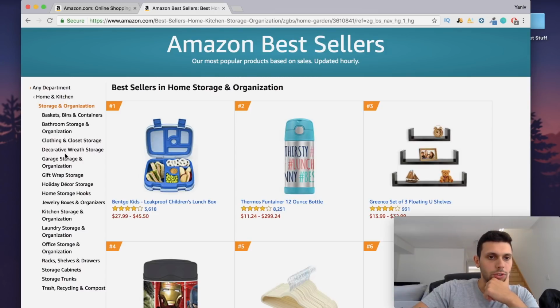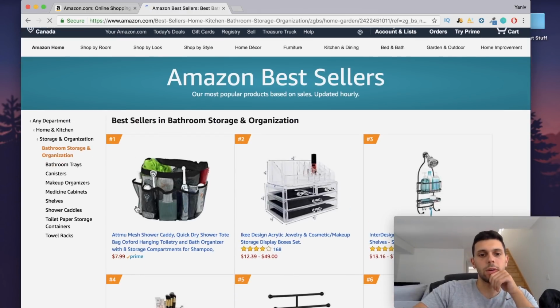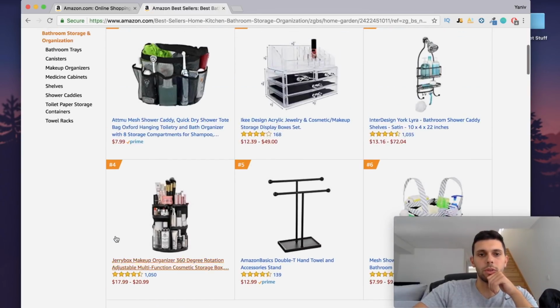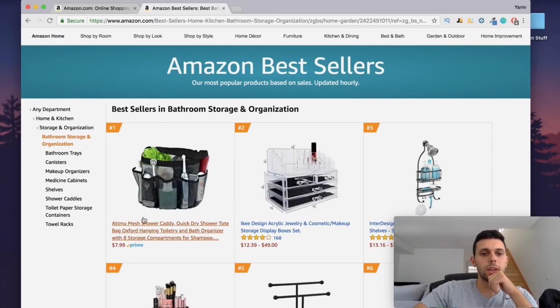Okay, let's not think too much and just go in, because sometimes it's not luck what you run into, but there's a little bit of luck when you are running into it. So this right here is right now the best seller in bathroom storage and organization, and it doesn't even have a single review. Now, when you see stuff like that, be careful, because what might have happened here was,